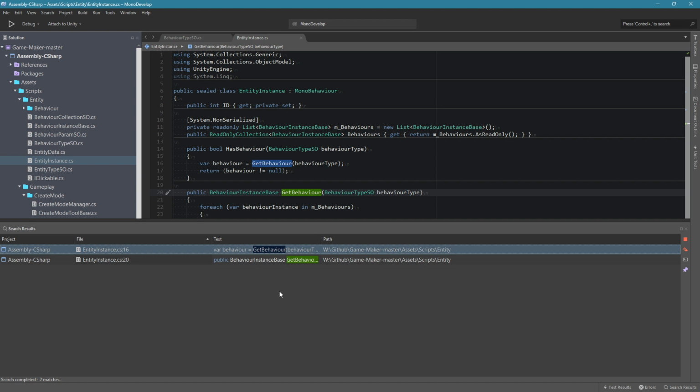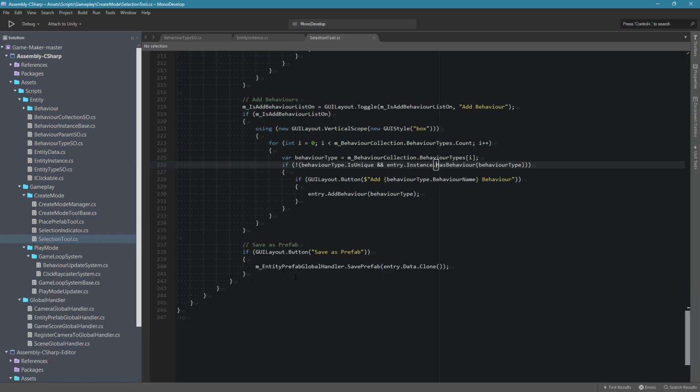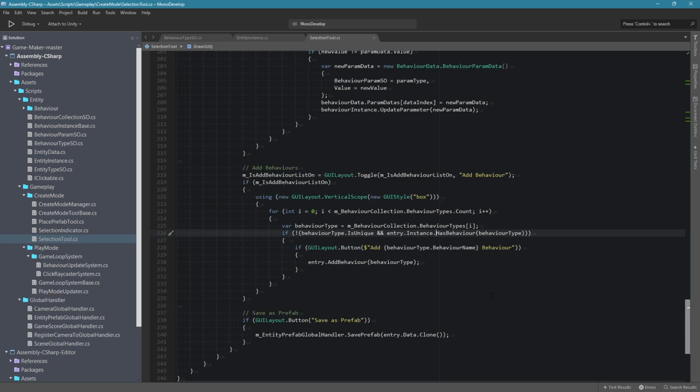Oh, there's nobody calling this. People who call this: Selection tool is calling this. Selection tool calling this might as well call get behavior, right? It's not different from a caller's perspective. And so the funny thing is that this compiles because, okay, now it returns a behavior or null, and